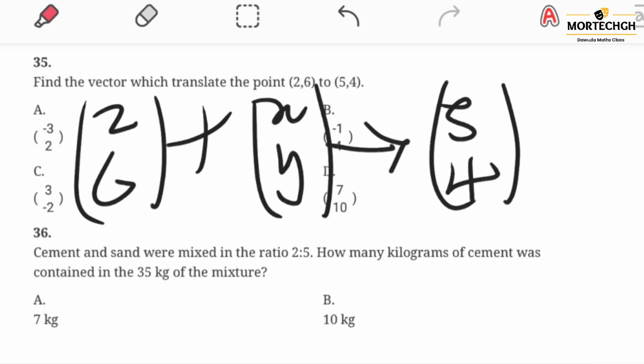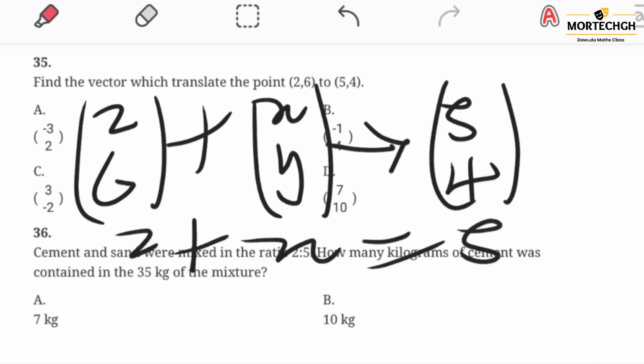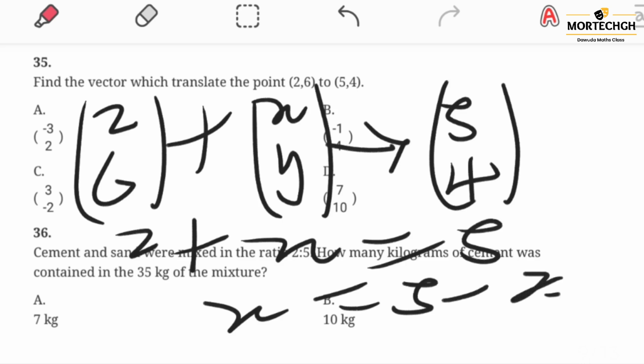So from this, if (2, 6) is translated with a vector (x, y) to give you (5, 4), meaning 2 plus x is equal to 5. Find x, so x is equal to 5 minus 2, which will give you 3. So x will be equal to 3. And then the next one